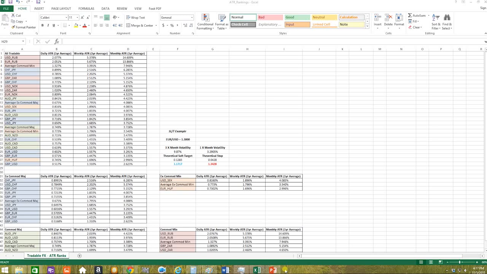Now, one other thing that you can consider doing after looking at the volatility assessment and deciding what your sensible stop losses and soft targets are going to be, then for example with soft targets, around your soft target, if there's key technical levels in the currency pair, then you can use those technical levels as well, where if they break those technical levels convincingly, then you can actually go in, and if it hasn't quite reached your soft target, or it's reached your soft target but hasn't broken the technical level,